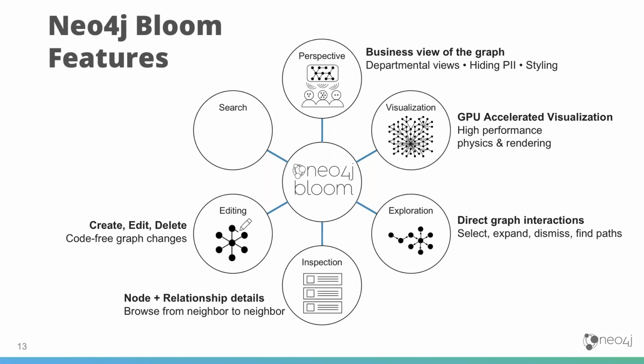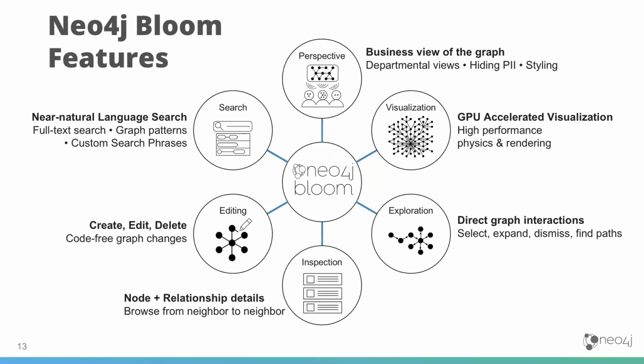It provides direct graph interactions where you can select different parts of your graph, you can expand on it, you can dismiss it, you can find different paths in your data. It's good for inspecting certain nodes' relationships in greater detail, and even allows for some editing capabilities where you can make graph changes code-free. If certain relationships need to exist where they don't, or certain properties are mistyped, or you want to create a node very quickly in your data because it's missing, those are some capabilities that Bloom provides